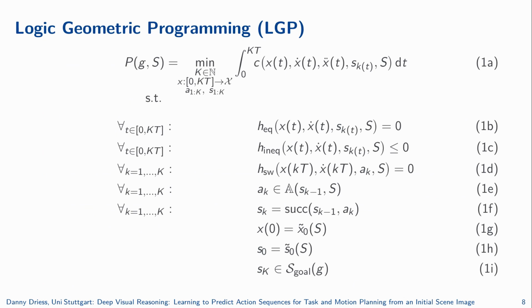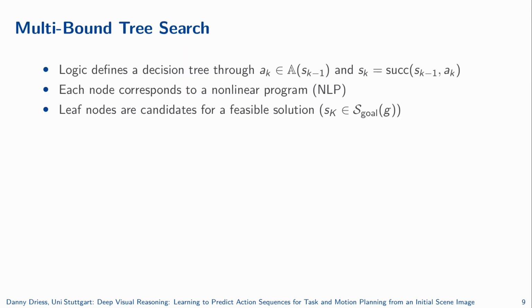The key difference to a normal trajectory optimization problem is that the discrete aspects of the manipulation problem are incorporated into the costs and constraints through the symbolic state s, like in a mixed integer program. But since this state variable s comes from a logic domain, it introduces more structure to the problem. The logic defines a decision tree where each node represents a nonlinear program. Solving an LGP means a tree search over a sequence of actions such that one reaches a leaf node of that decision tree and the corresponding nonlinear trajectory optimization problem is feasible.